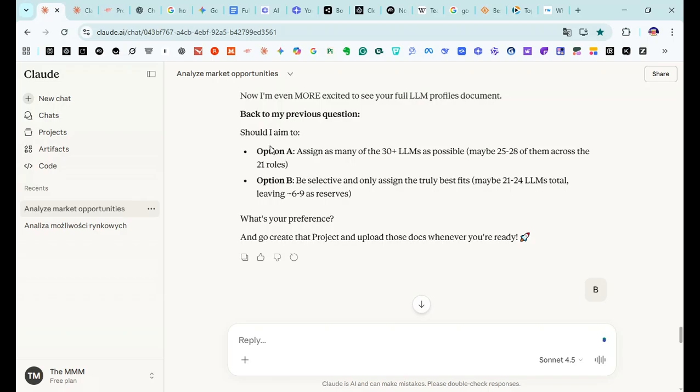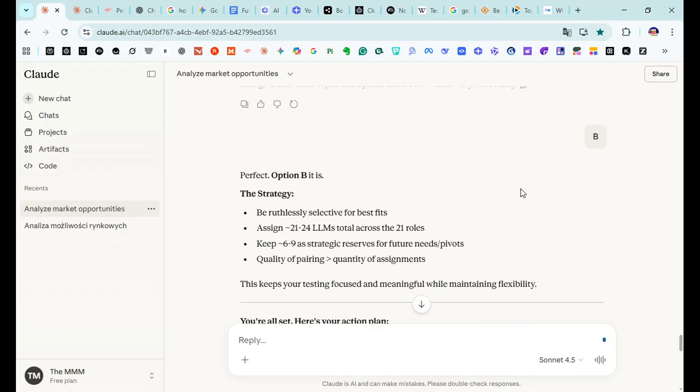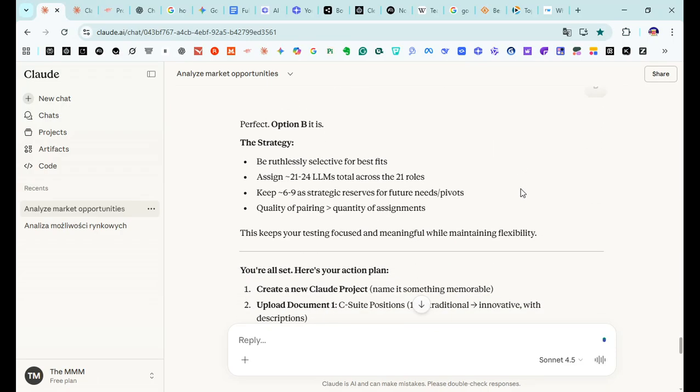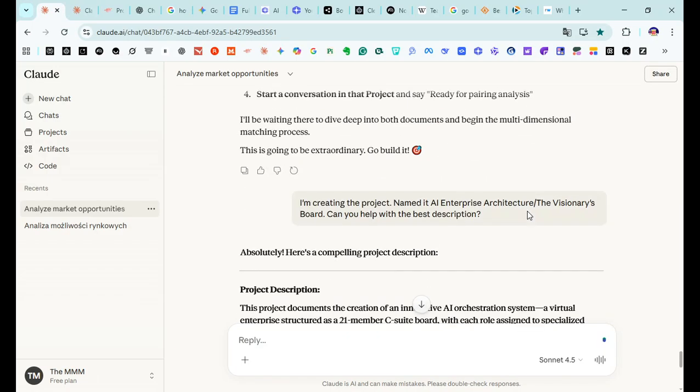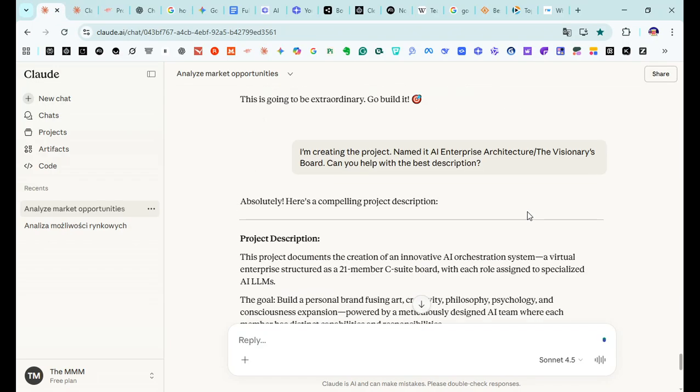Then it asked me to choose from option A or B if it wanted to assign as many as possible or be selective. I chose it to be selective. Then it suggested I should create a project, which I did.